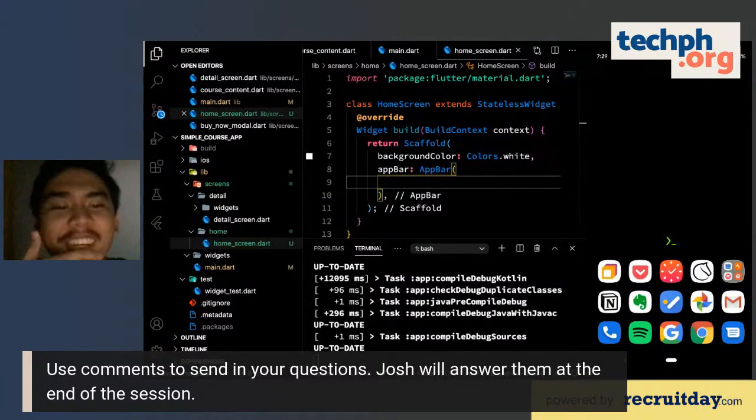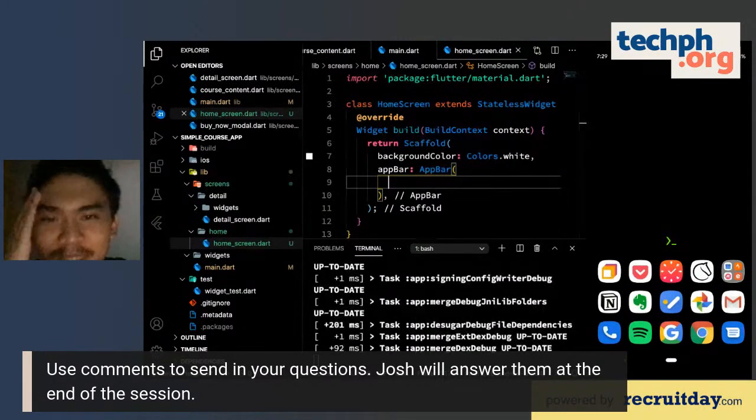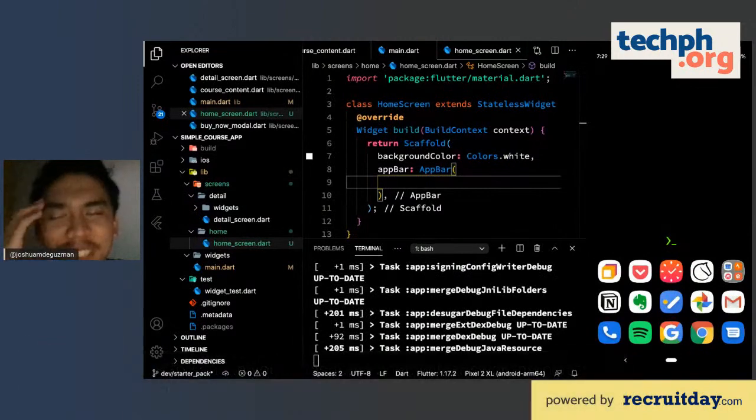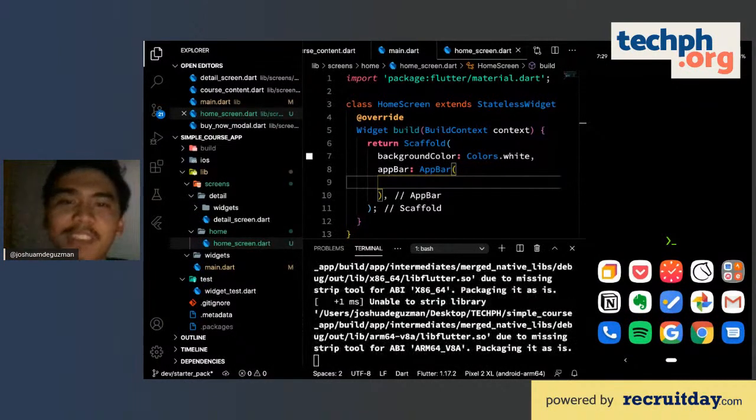I almost forgot. Shout out to programmers, developers, especially to Sir Jello and Ariel. Shout out to them for helping us promote Flutter. Last year we just started, and every one of us was a beginner using Flutter. As we progressed, programmers, developers are still there, together with TechPH, helping us promote Flutter with everyone, especially here in the country.